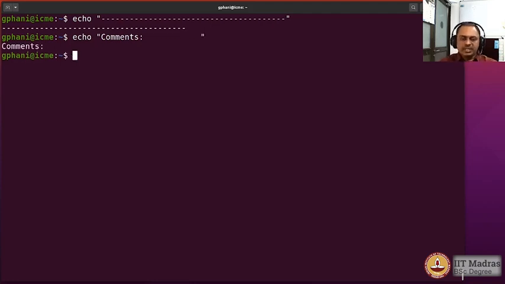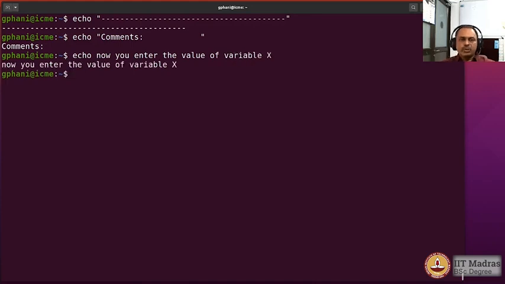And sometimes you just need to display a plain text. Okay, so you could use the echo command liberally, like the printf command in C language. Let us clear the screen now.